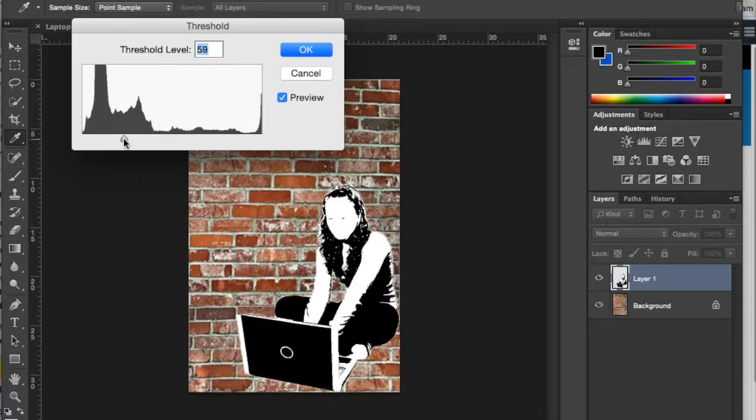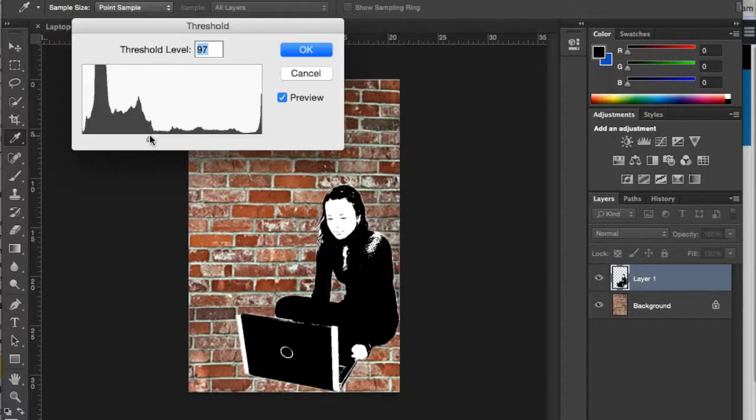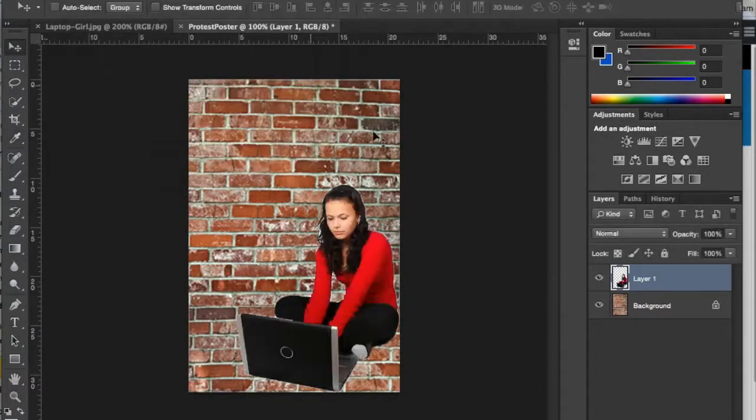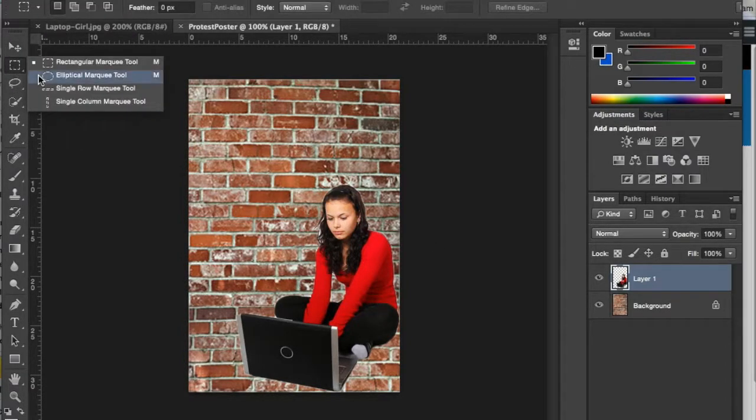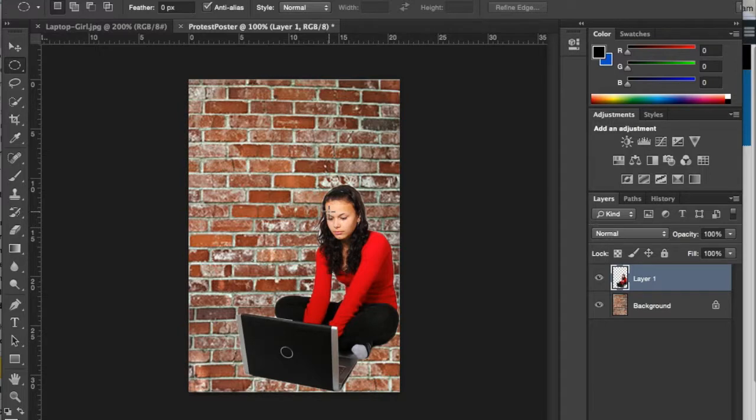Now the thing you need to capture the most is the facial expression, because let's face it, that's the most pivotal point when looking at humans. But when you have a look at the correct face texture here, you'll notice the rest of her has lost a lot of its detail. So the way around this is I'm going to choose our elliptical marquee tool, select her face like so,